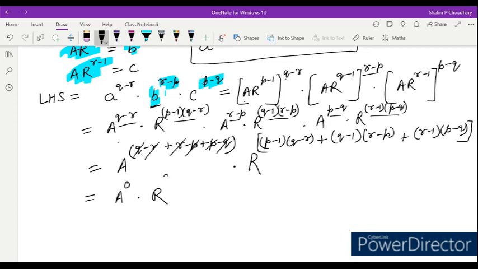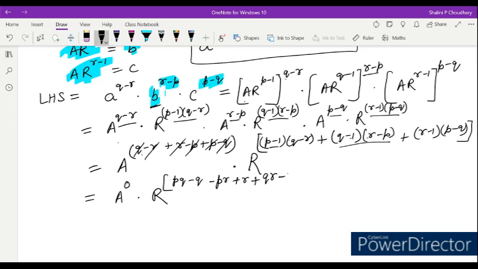Now r to the power will solve this one. p minus 1 into q minus r. So p into q, pq minus q, and then r multiplied, we'll write minus pr, minus minus plus r. Okay, now this one, q into r will be qr, minus 1 into q will be minus q, minus 1